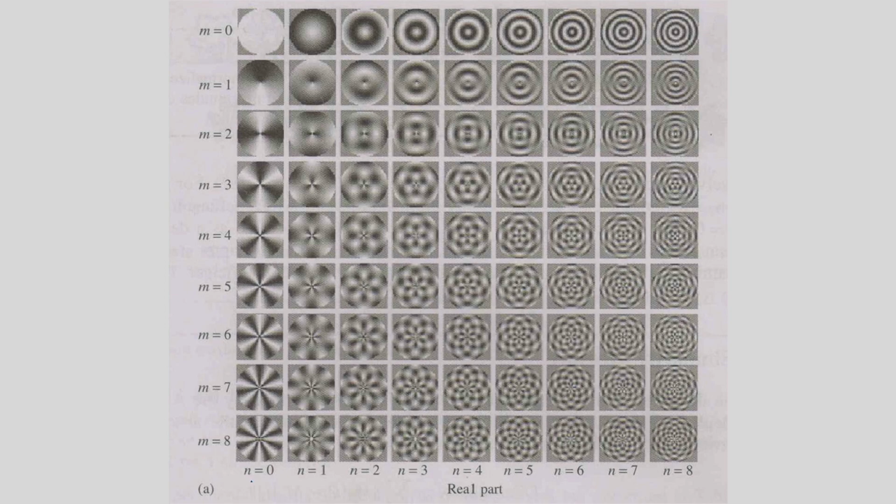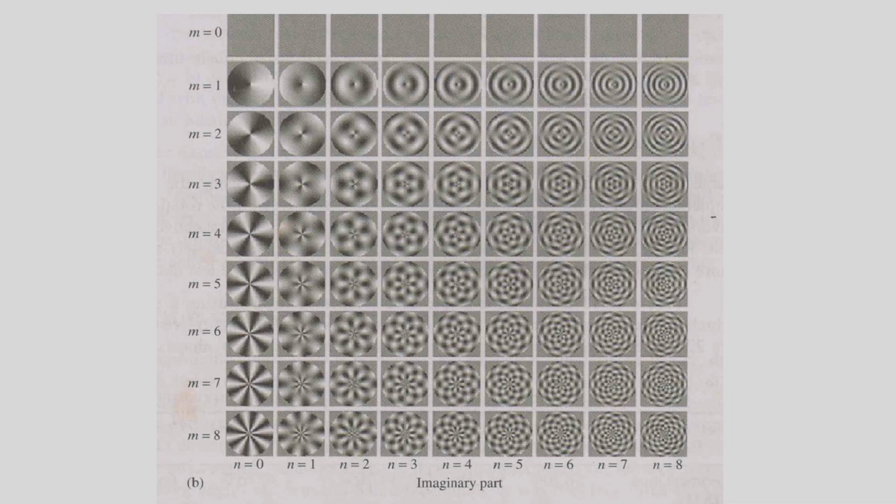You can see I am showing the coefficients N0, N1, N2, up to N8, and here also I am showing M0, M1 like this. These are the real parts of the ART basis function, and similarly I have the imaginary part corresponding to the basis function. By using the previous expressions, you can determine this real part and the imaginary part.